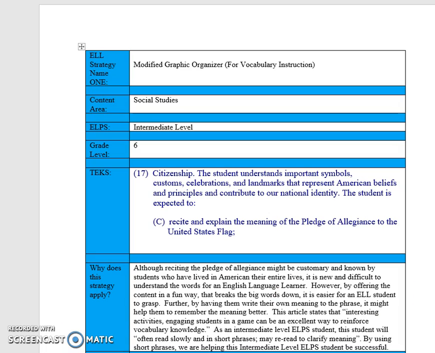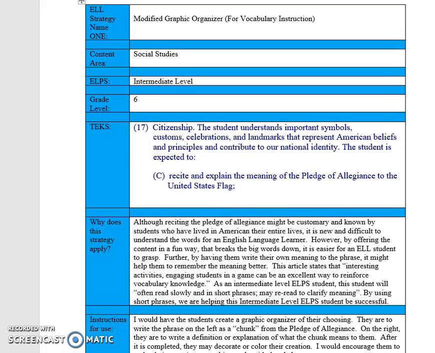This strategy applies because with an English language learner, they're not necessarily exposed to all of the customary symbols that we have in the United States, and they don't have the background knowledge. So an intermediate level ELPS often reads slowly and in short phrases and may reread to clarify meaning. By using the short phrases offered in this graphic organizer, I'm helping students to be successful at determining what these